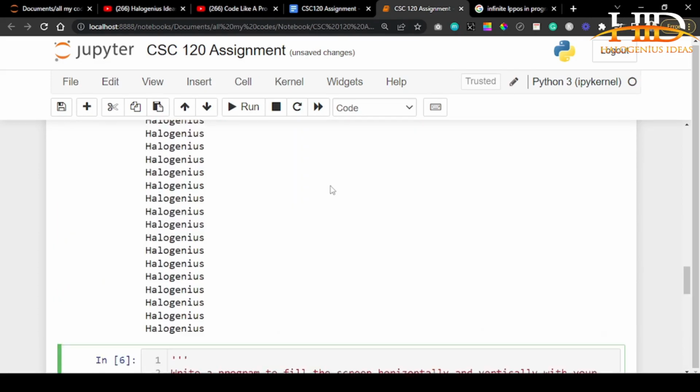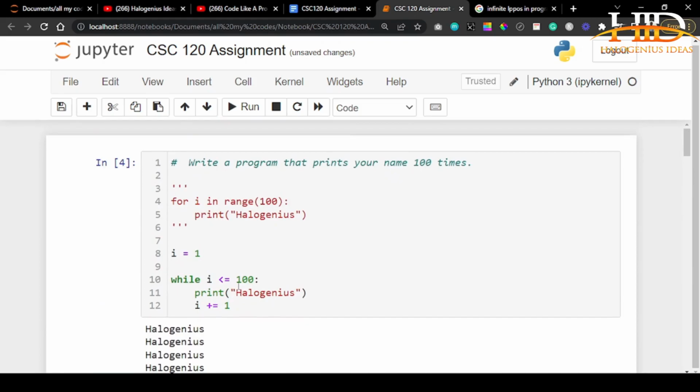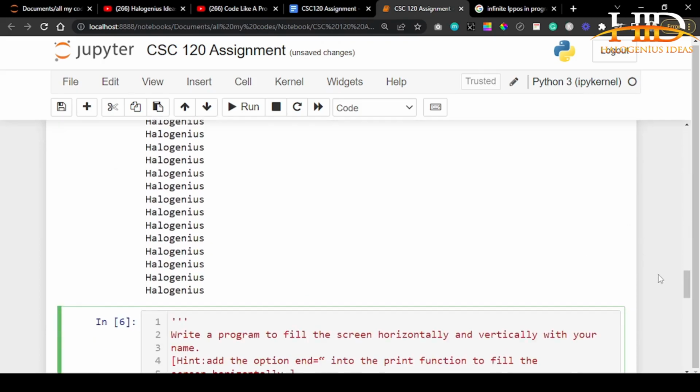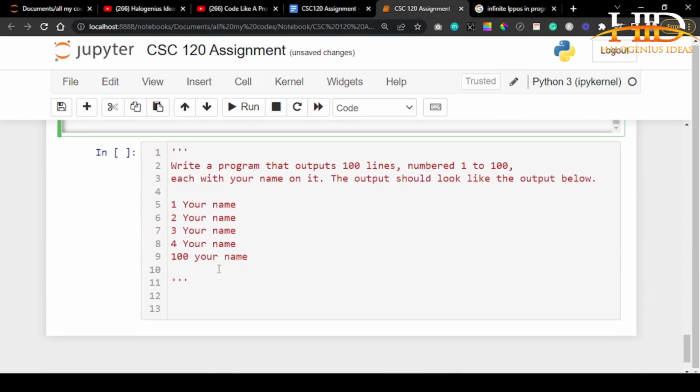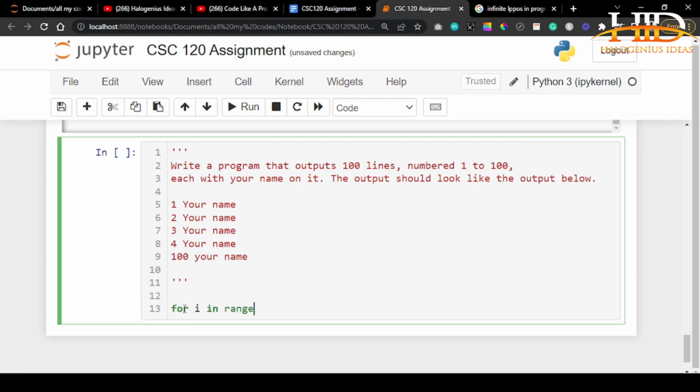I used a loop here. I used another loop here. You can see the way we wrote the loops. So I like using for loop anywhere I can, so I'll just use for loop again. But you can use the while loop too, or I'll use the two. Whichever one you want to go with is totally fine. So what you want to do is for I in range 100,